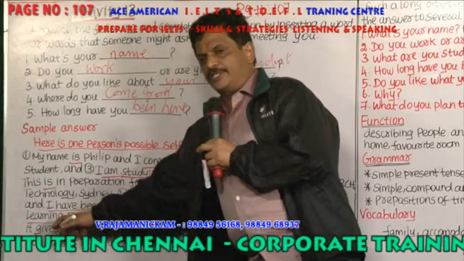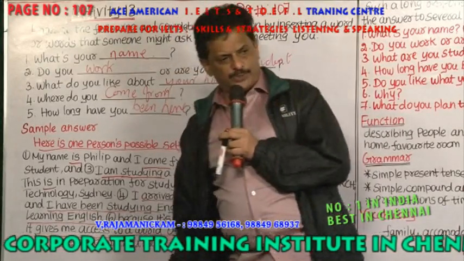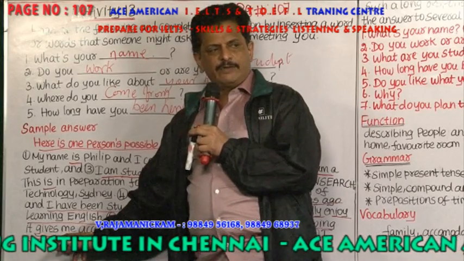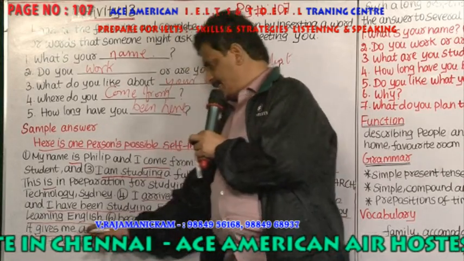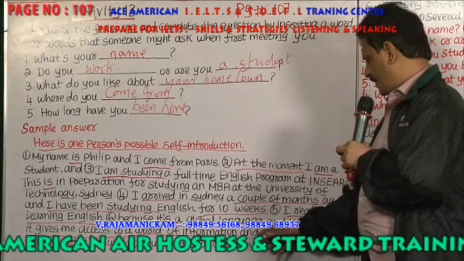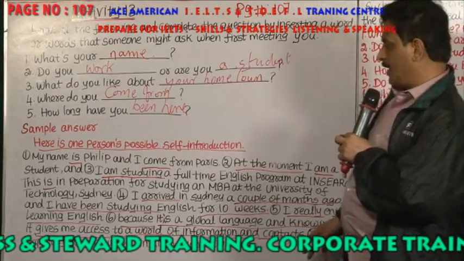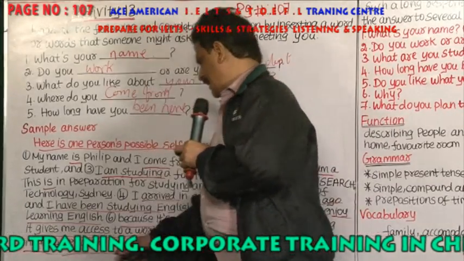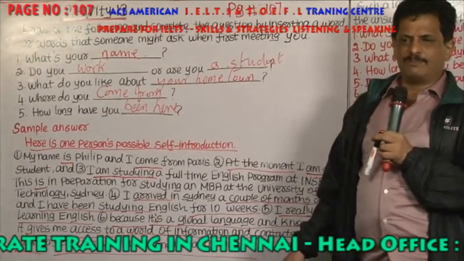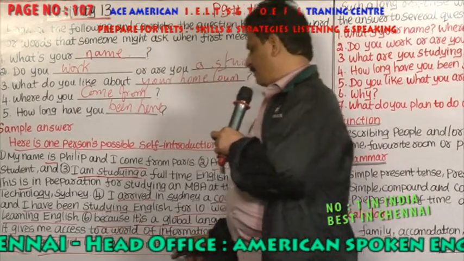So in present tense, it's a global language, and knowing it gives me access to the world of information. So gives, is it present tense or past tense? Present tense. The subject is singular, so the verb should be singular. When you add s to the verb, it becomes singular. It gives me access. Access means what? Connection to a world of information and contacts. So he is able to get a lot of contacts. So I hope to get a job with a multinational company. I hope to get. So the present tense is hope. I am hoping to get a job with a multinational company.